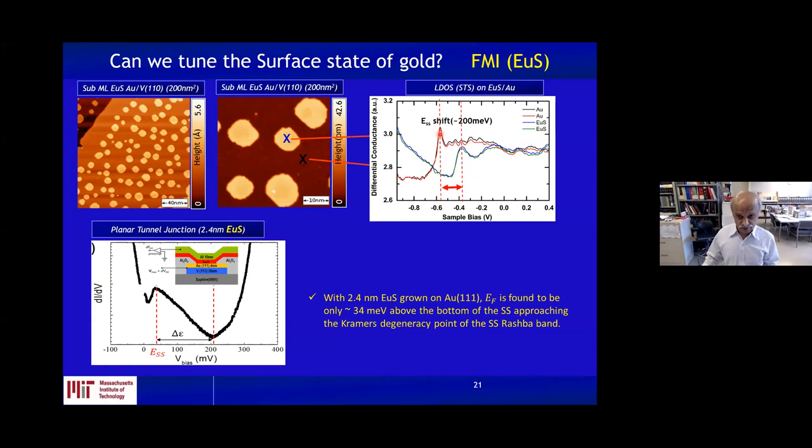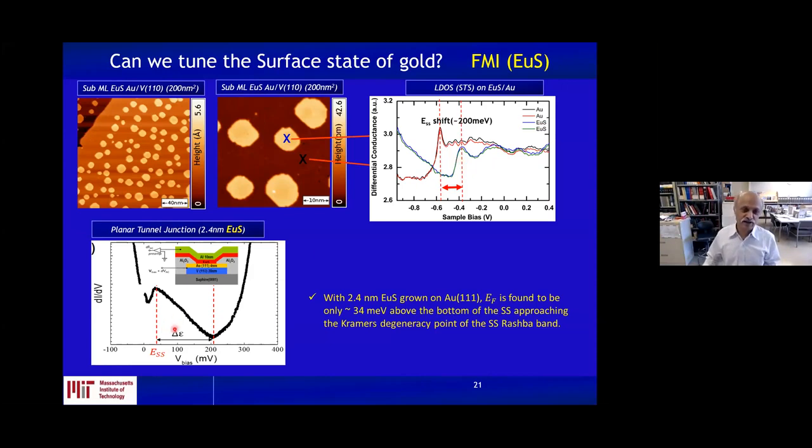as a surface state onset, whereas when you do the spectroscopy on the europium sulfide island, you see this surface state has moved all the way down. I mean, rather, the Fermi energy has moved all the way down. So you're only about 200 milli-electron volt away. This is only with 0.9 monolayer of europium sulfide. So you're already able to move the chemical potential way down.